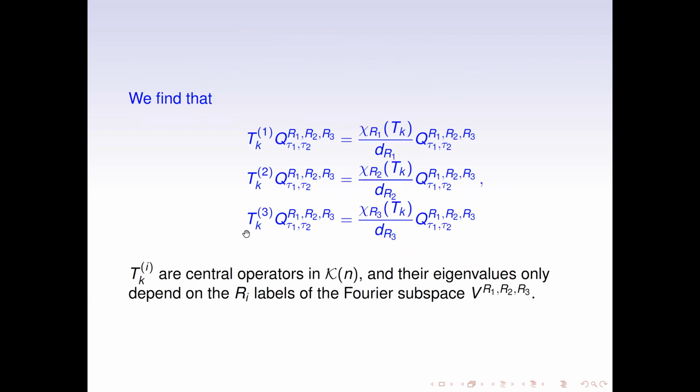So these TKs, when you act on the Qs, so you have a formula for the Qs, you can use that formula to show that when they act on the Qs, you get exactly these normalized characters, which we know because by the Murnaghan-Nakayama rule, these are some integer ratios that we can calculate. So we want to therefore focus in order to identify all the Qs or the space spanned by the Qs for a given tau1, tau2. We just need to solve these eigenvalue equations. So we're going to solve that equation